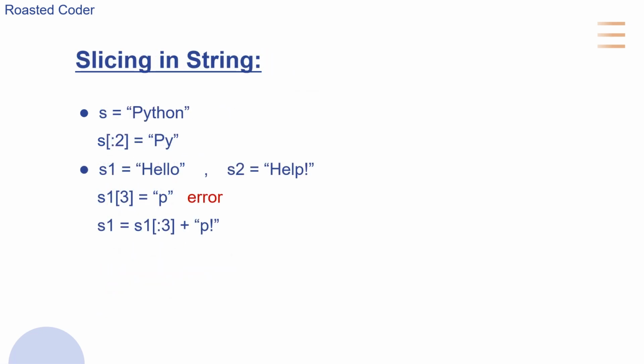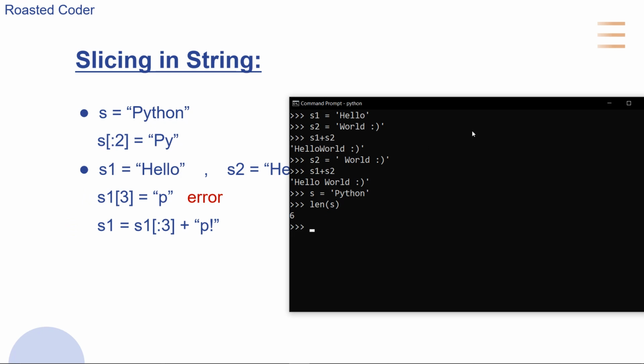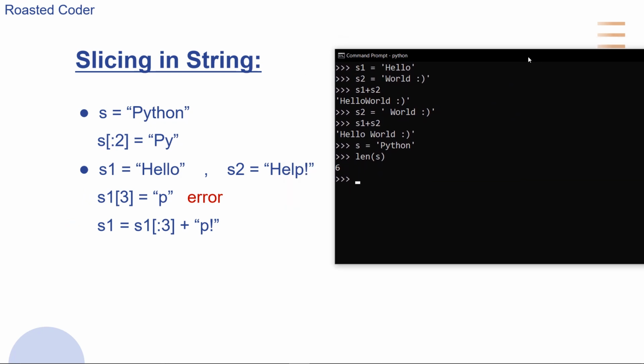So what is slicing in a string? Let's again take this as an example. You can take s equals Python. Now if we want to slice from 0, I mean there is no start point, so it will start from 0 and go to less than 2, which means 0 and 1, and it will print